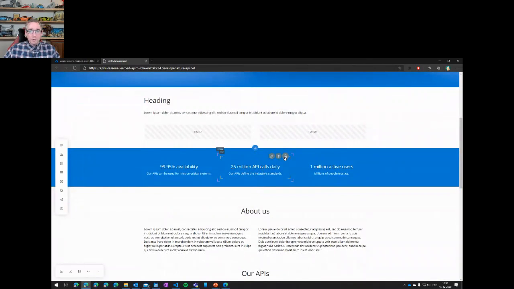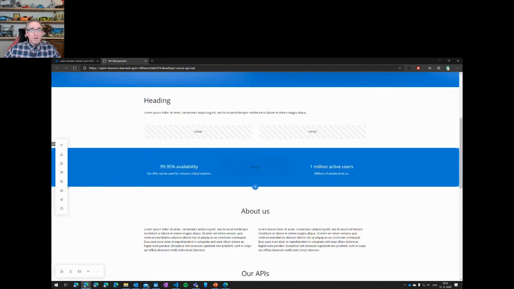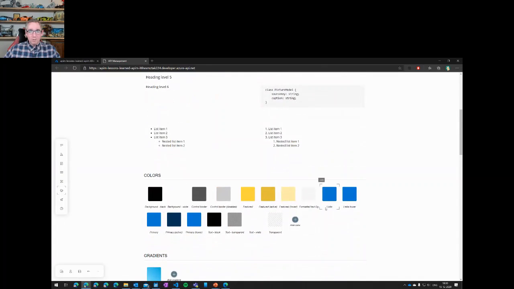I can, of course, also remove these things. Like I can say, I don't want this one. I maybe want to edit the text on this one. So as you can see, it's quite easy to just completely make this to your own liking. Also, I can now go over here. I can say, okay, I want some different colors maybe. So let's say I want to have this primary color over here. Let's make this into a different color. Here we go.